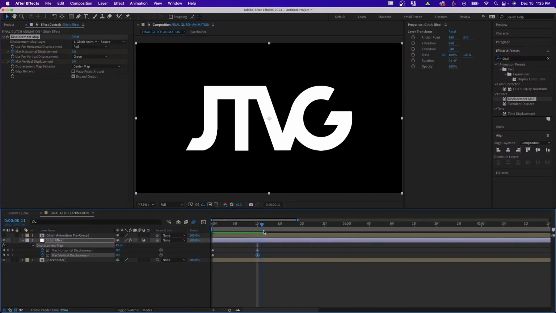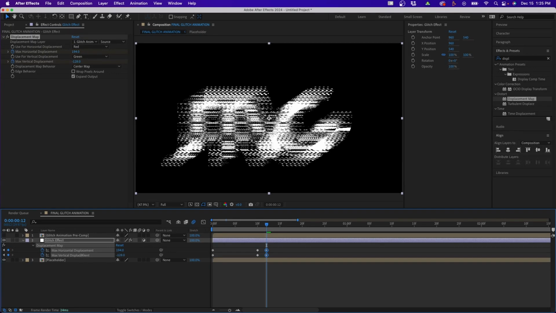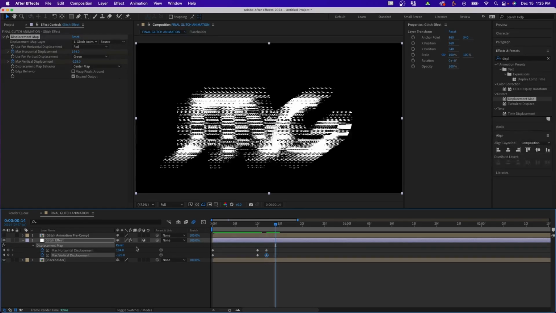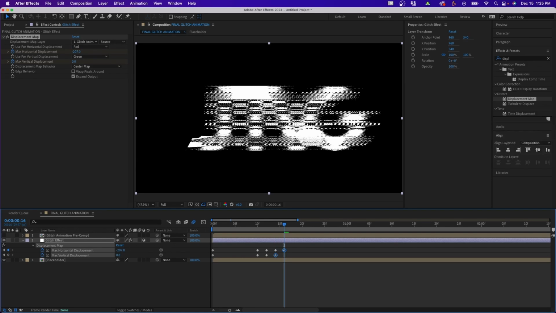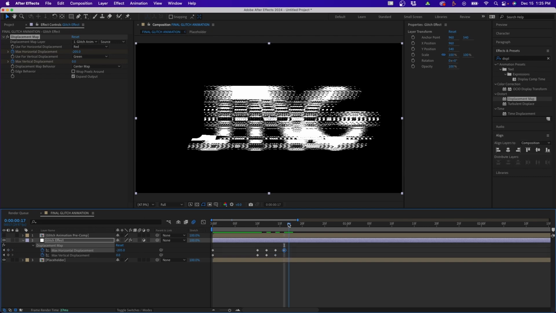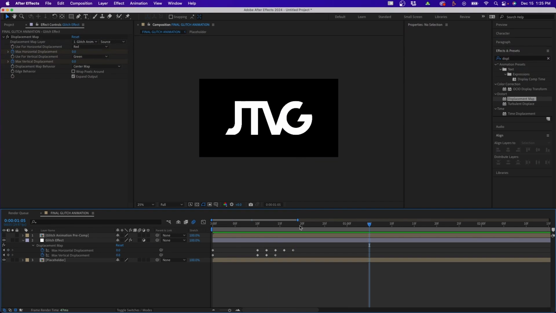Then you can go forward either 1 or 2 frames and make adjustments. So I recommend going 1 or 2 frames at a time. You can play with these settings. This is really up to personal preference on how you want that glitch effect to look in your own project. But this is the general idea. You just kind of want to go out 2 to 3 frames at a time and make adjustments to get it looking okay. Once you have it set kind of looking like this, you can go forward in time, maybe out to a second or so,